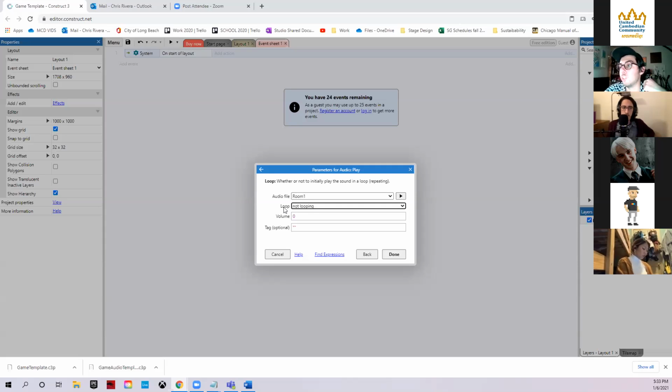And then I'm going to change loop from not looping to looping because I want it to play over and over again. And I'm sharing my screen and the audio is really loud, so I'm changing it to -15. 0 is the original volume of the song. If I put -10 for the volume, it's going to be half as loud.